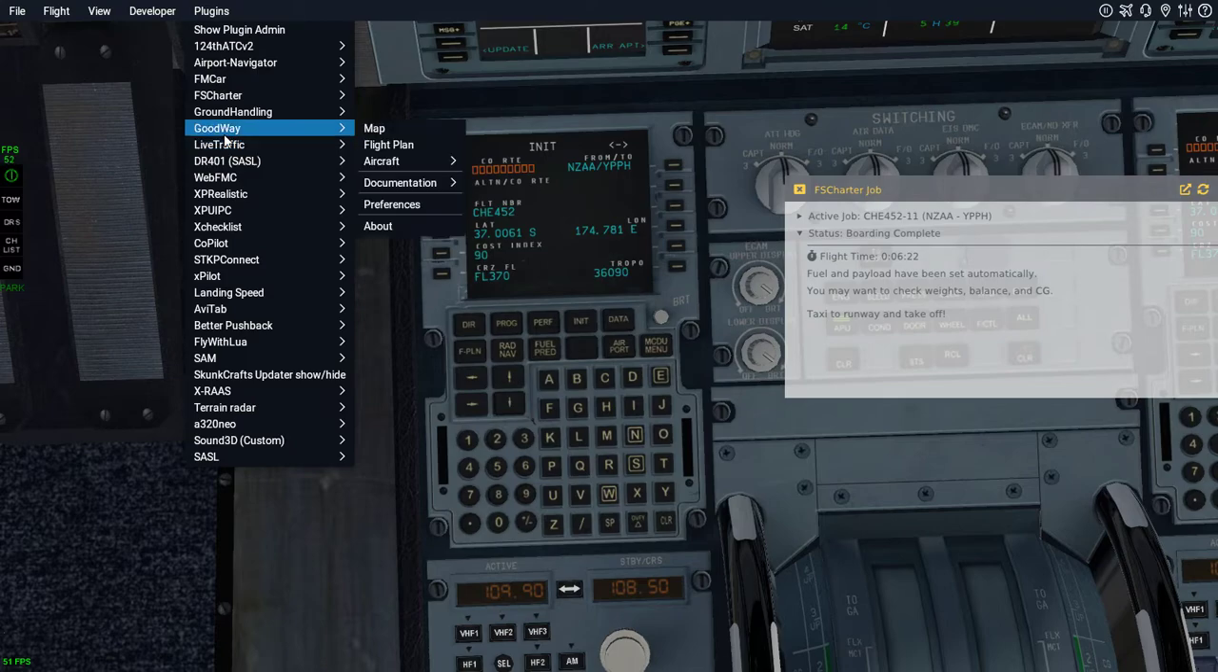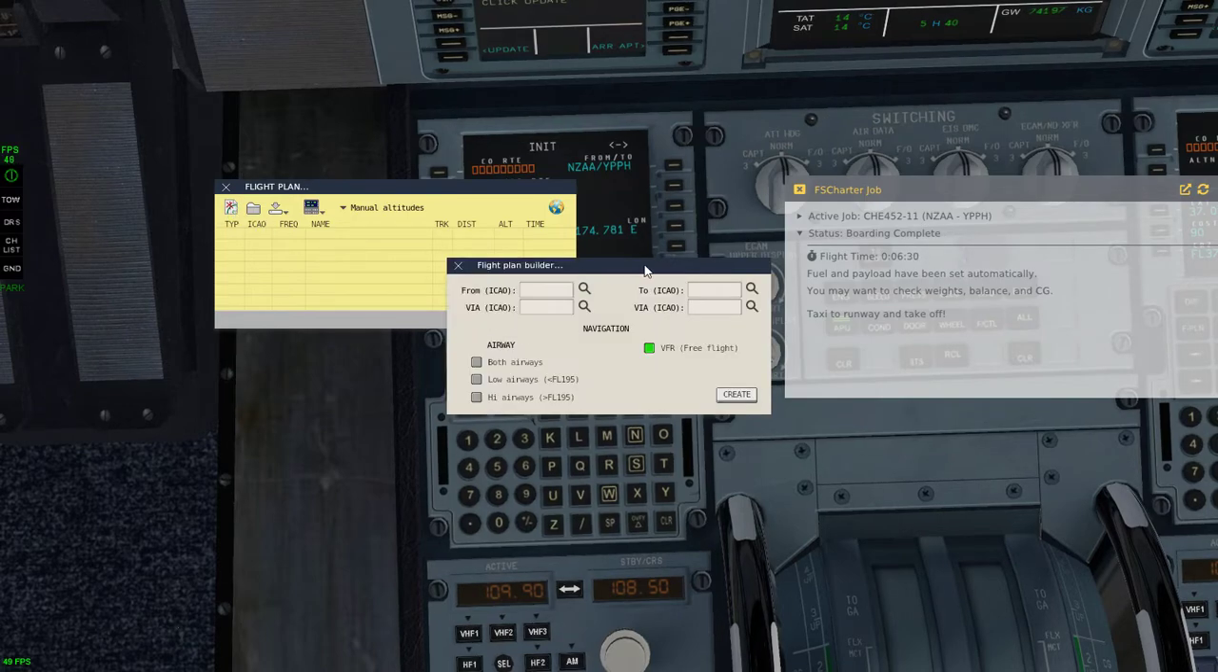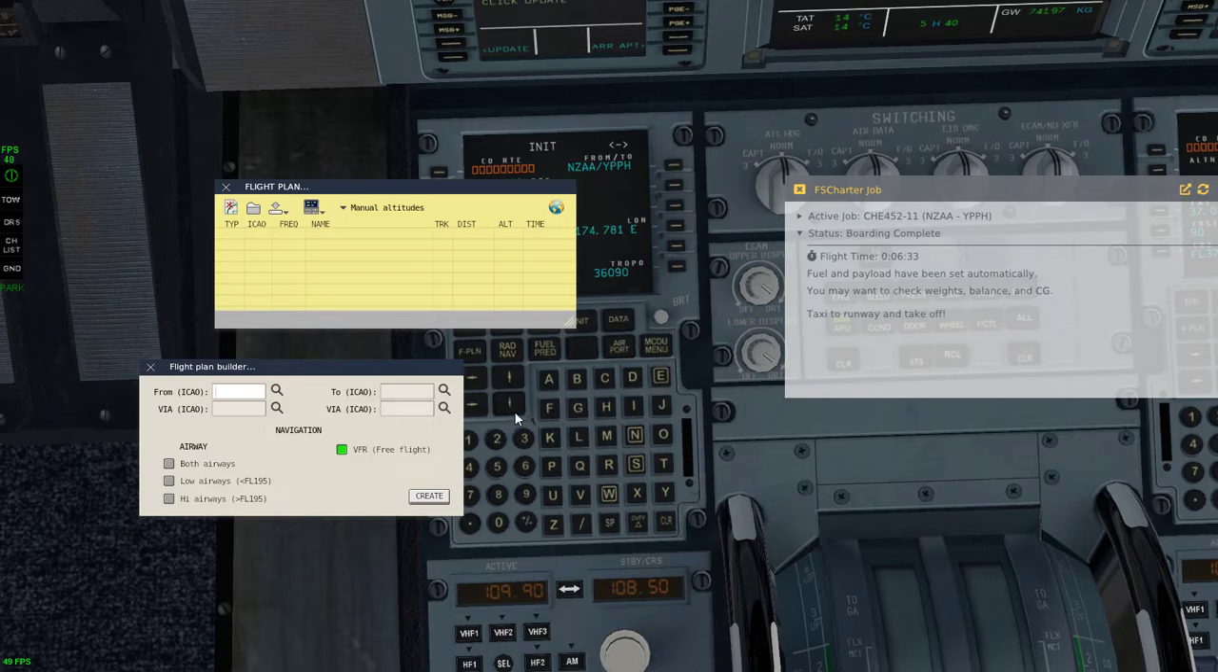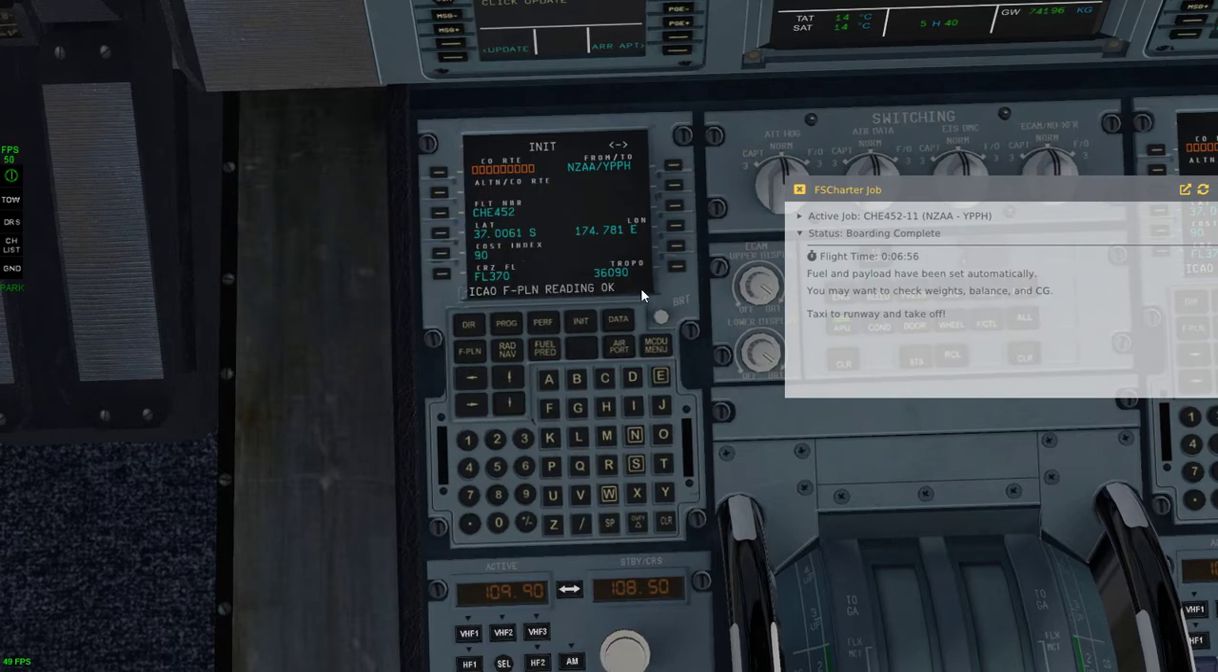Now for the route, I will take help of the flight route generator. Here we simply input both the airports, and it will calculate a route for us. That's a 2,880 nautical miles route, so I will transfer this route to our FMC. It says the ICAO flight plan reading is okay. Now we go to the flight plan